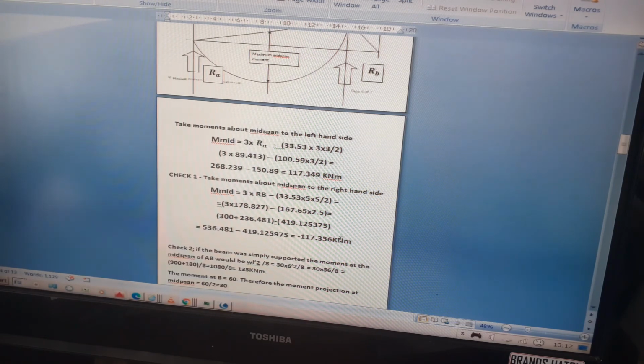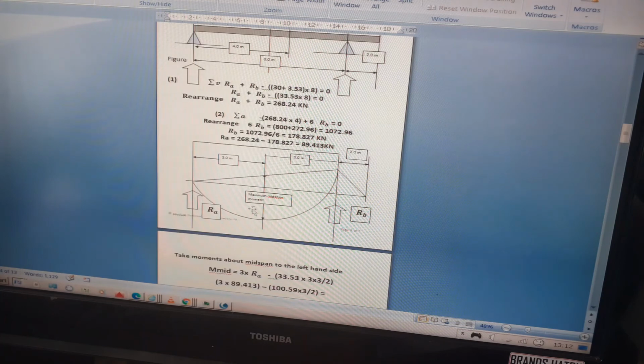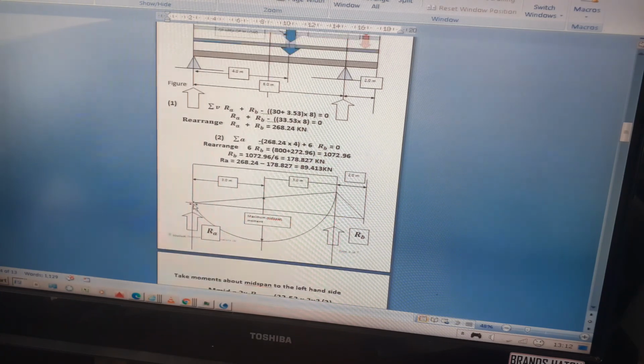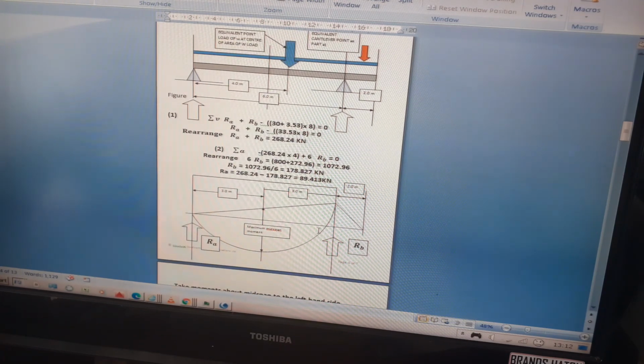So in the next part of the videos we need to use those moments to determine the reinforcement that we require, checking the reinforcement and the shears basically due to those forces. We found the reactions, we found RA and RB in this beam. RA is 178 and